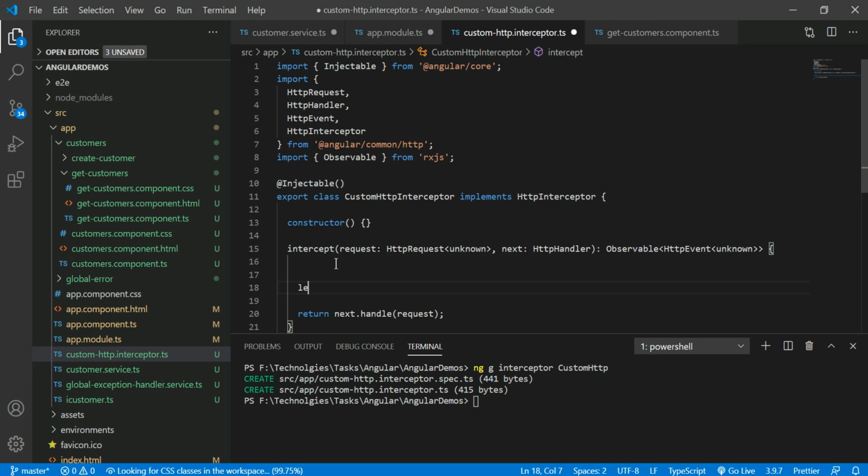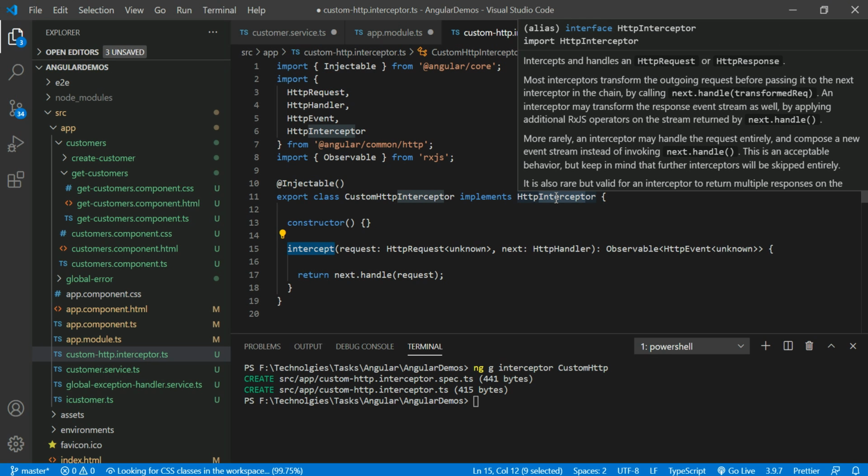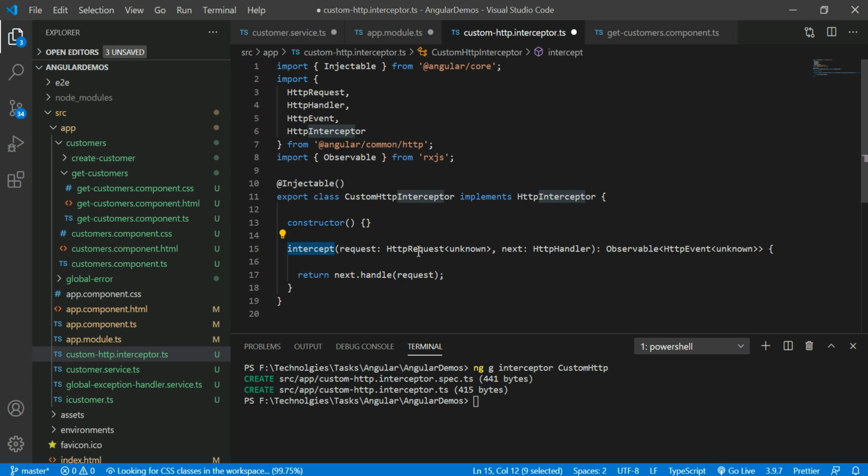If you open here, the intercept method is the default method of the HTTP interceptor. This is the interface. This interface should be imported from Angular common HTTP.